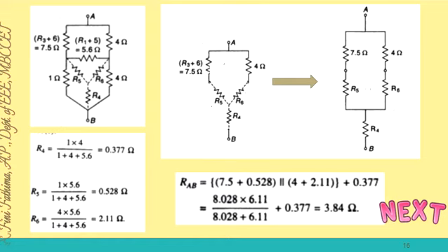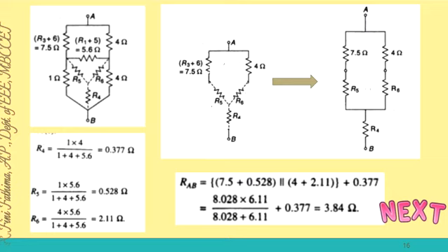How will I redraw the circuit? I have to omit this 5.6, 1 and 4, and I have to construct this R4, R5, R6. So I have drawn like this. See here, this delta is omitted and I have connected the star connection. Then R5 and this 7.5 are in series. Similarly, R6 and 4 are in series. Now these two are parallel and in series with R4.